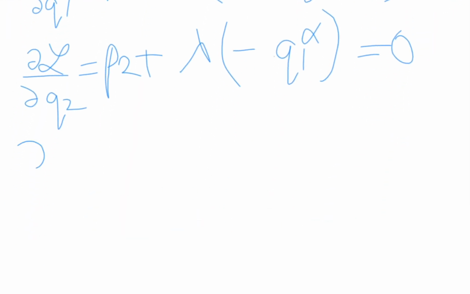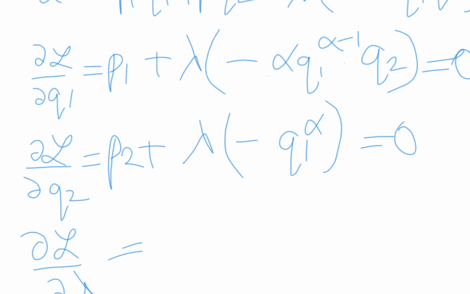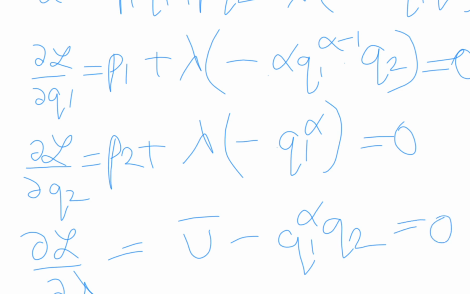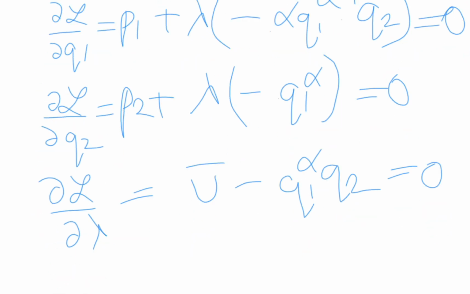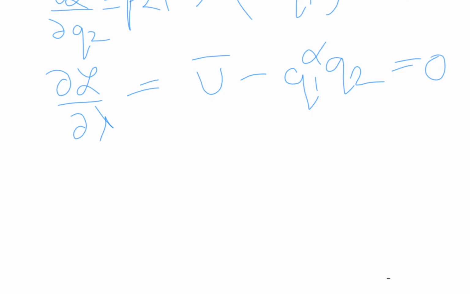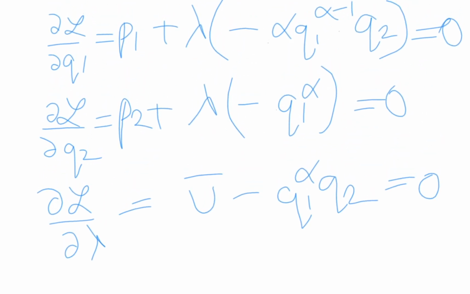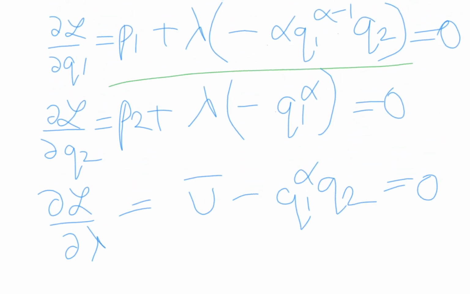And the third first order condition is that of the constraint, which is simply U bar minus Q1^alpha Q2, which is equal to 0 again. Now solve for these three. Divide equation 1 by 2. So divide these two and we will get